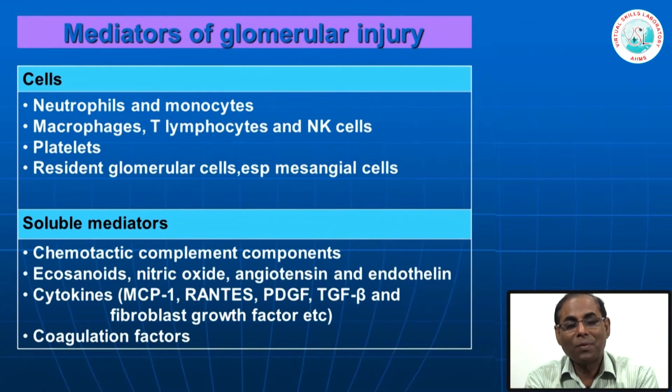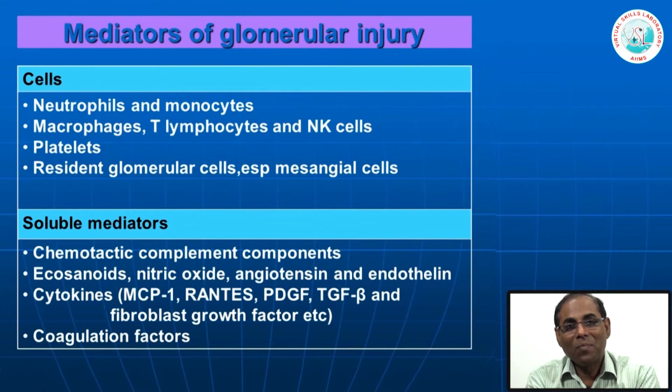to involve also the components of the glomeruli. So, later they see what are the cells which actually cause damage to the glomeruli, or what are the soluble mediators that cause damage to the glomeruli. The cell which causes a lot of damage is the neutrophil. See, any immune complex, if it gets deposited in the subendothelial site, naturally the neutrophil comes to remove them,